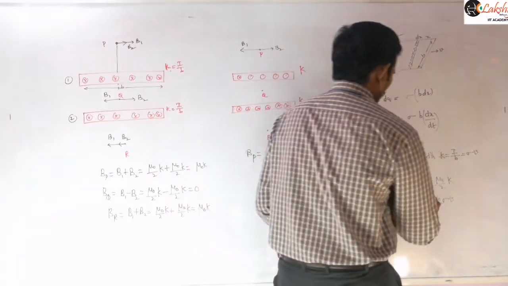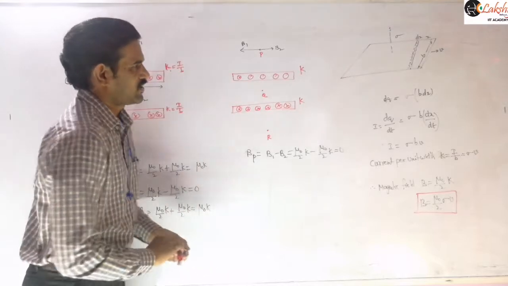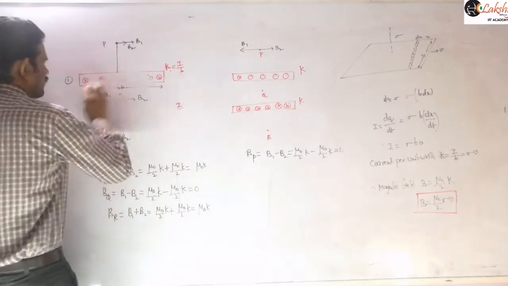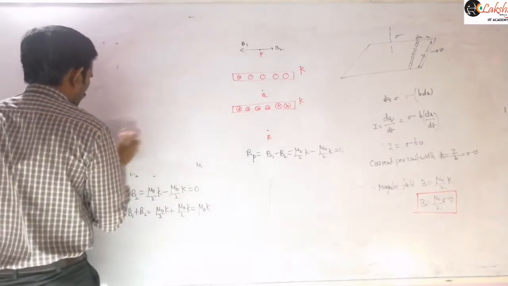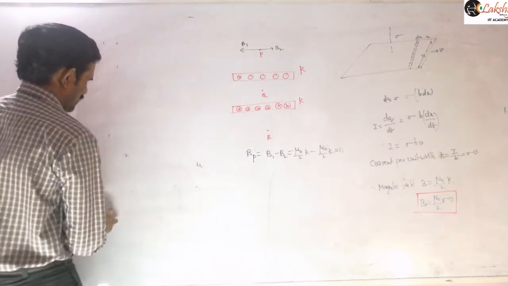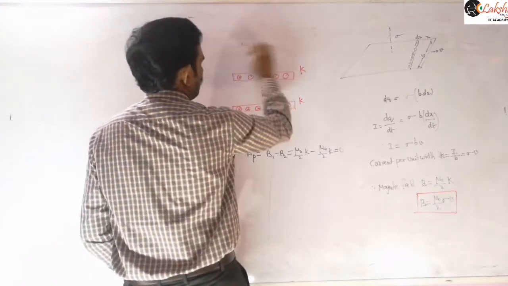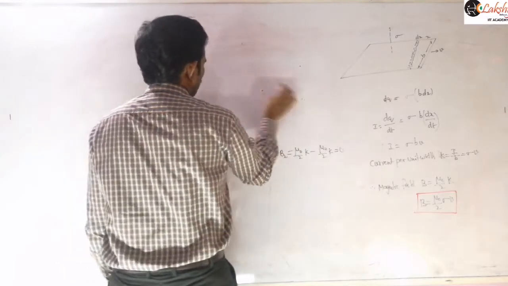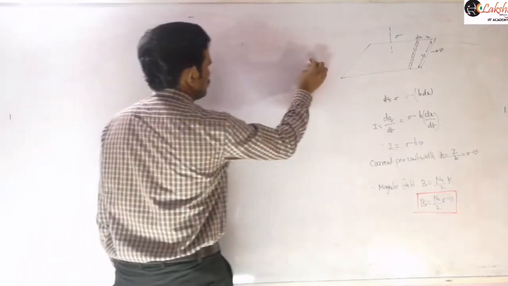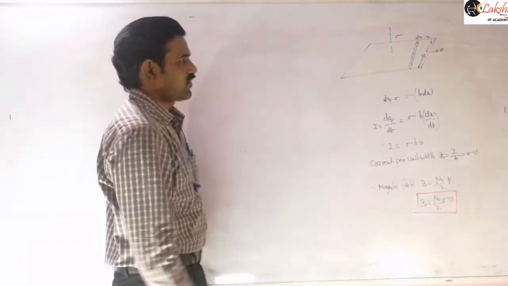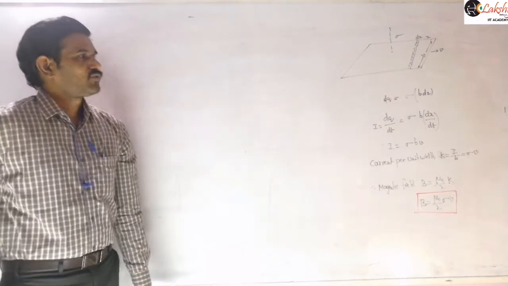So just mention that problem there. A large non-conducting plane is having surface charge density sigma. The plane is moving with a constant velocity v. Then find the magnetic field due to this plane